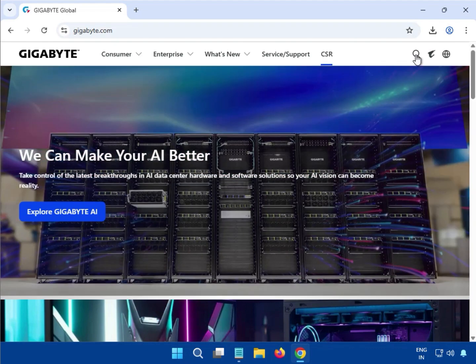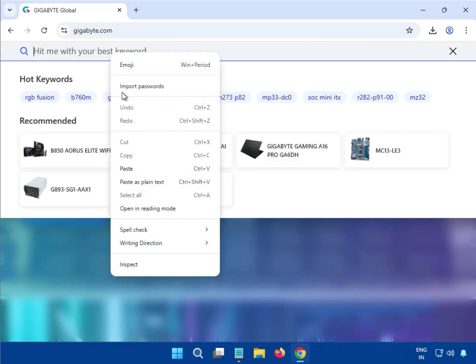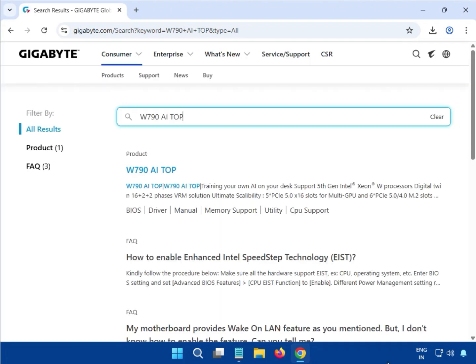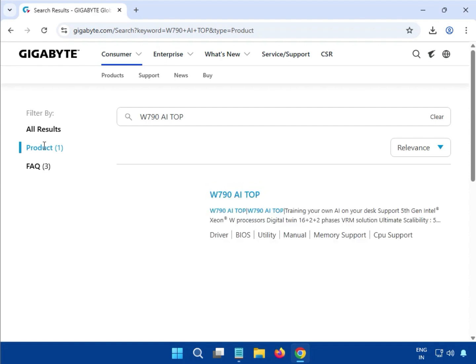So you can see right hand side, this is the search button, and then enter your model number which you require. Okay, W790 AI Top, and then hit enter. Then guys, click on the product, click on the title of the motherboard name,